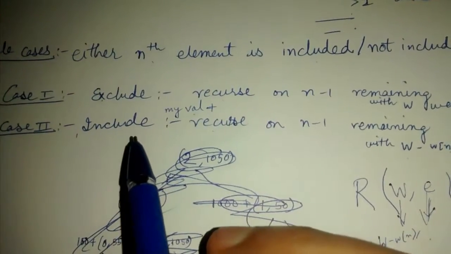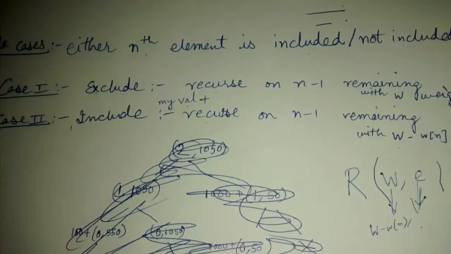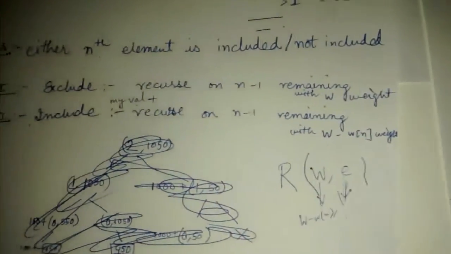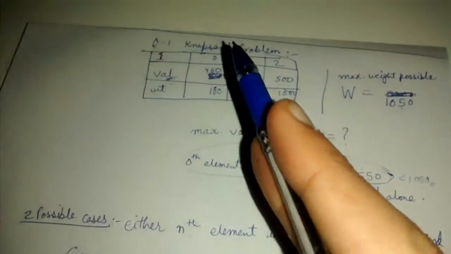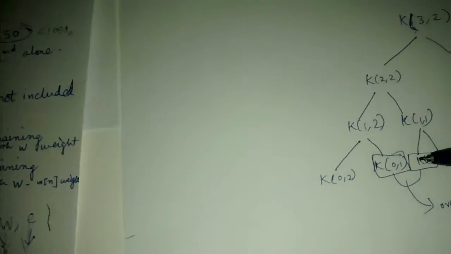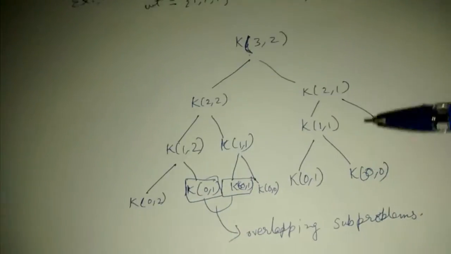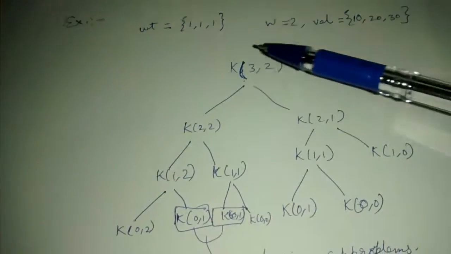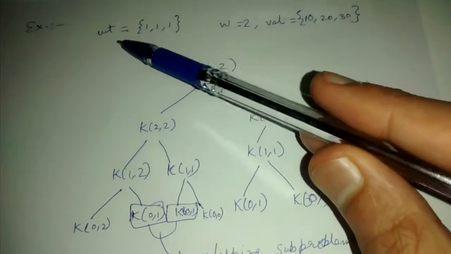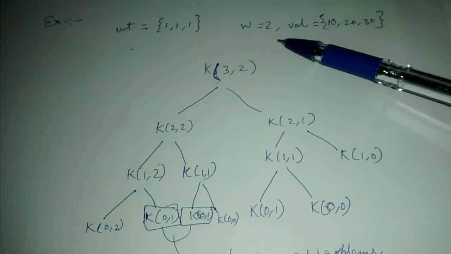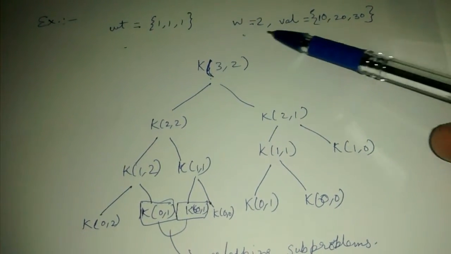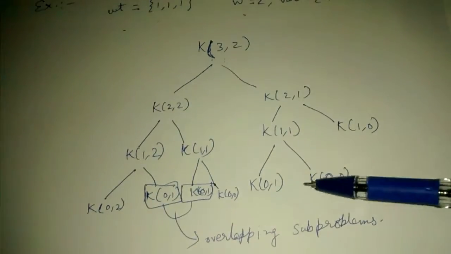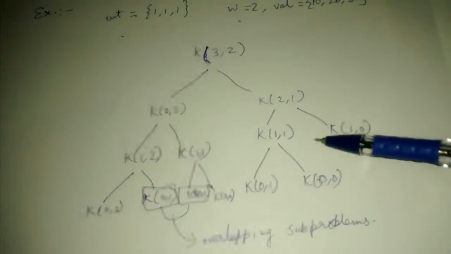This is having overlapping subproblems. This 0-1 knapsack problem, so we can implement the dynamic programming approach for it. Let's consider a quick example where weights are 1, 1, 1, W is 2, the maximum weight possible is 2, and values are these. In this case, the recursion tree will be this,